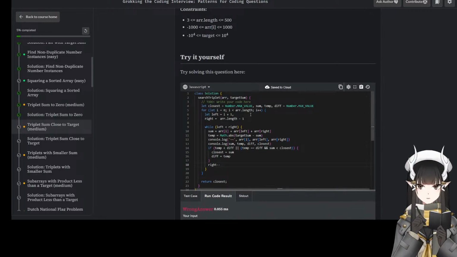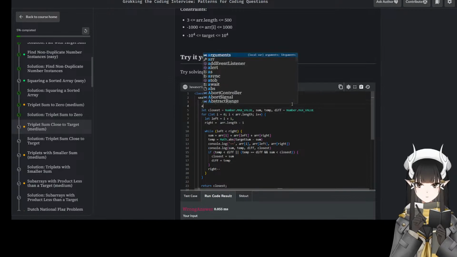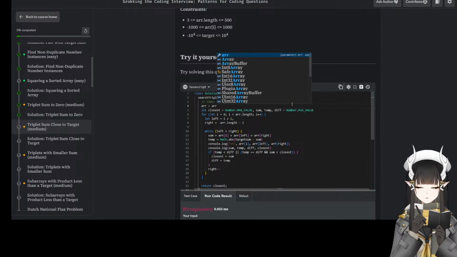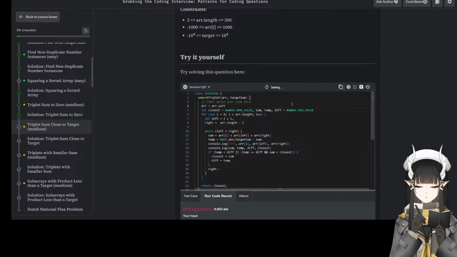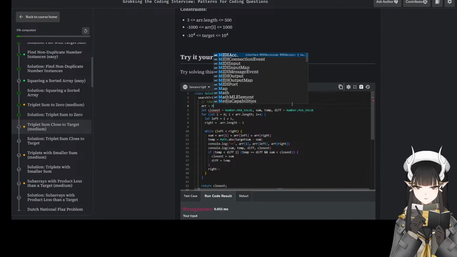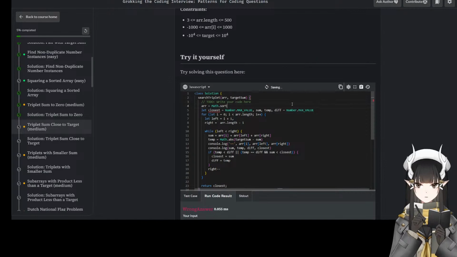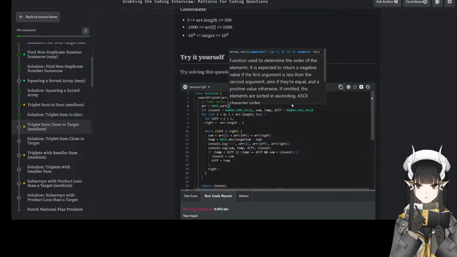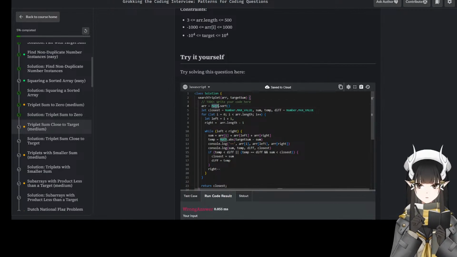Oh, what if I do array dot sort? Oh, what's the sort? Math dot sort. Wait, it should be array dot sort.